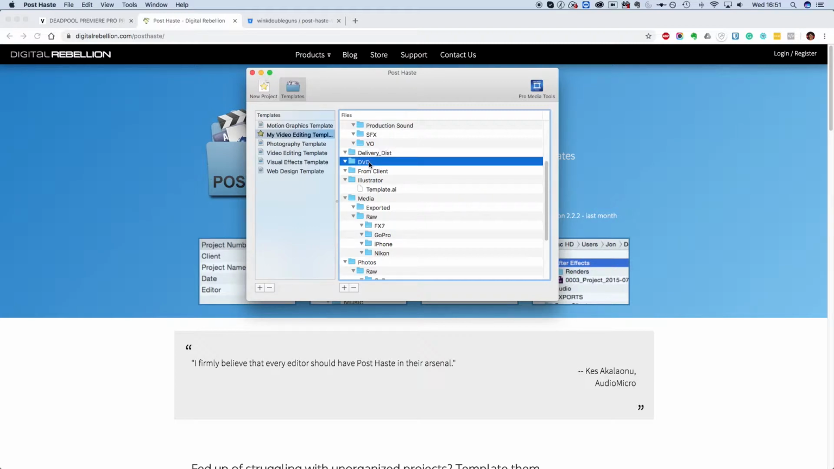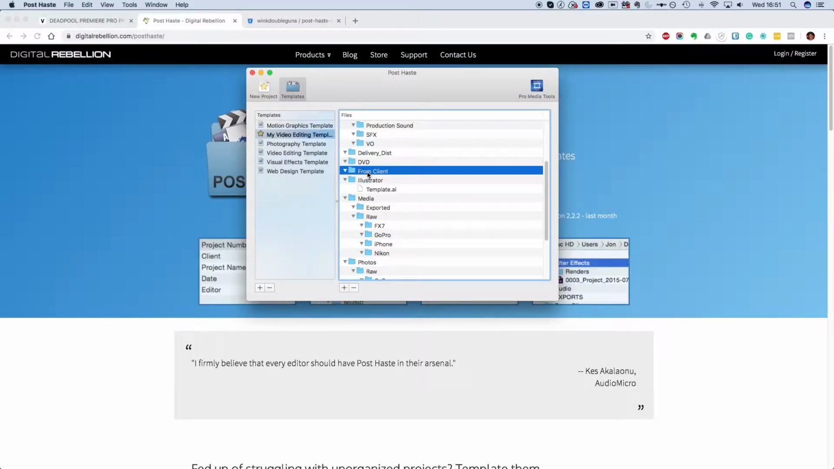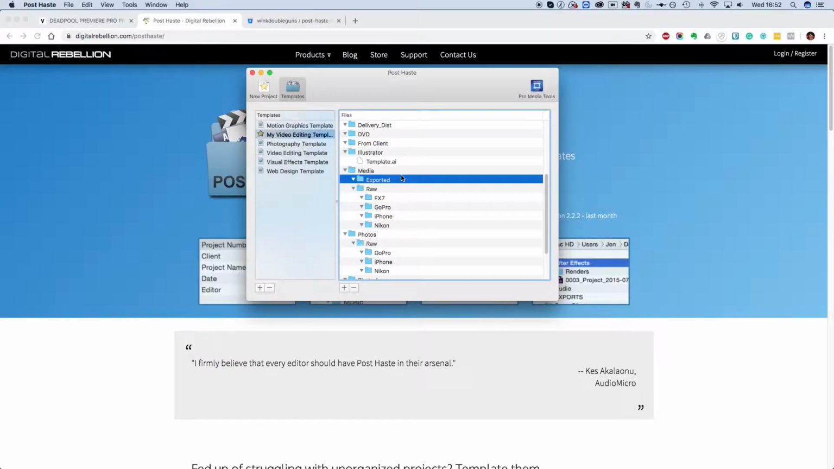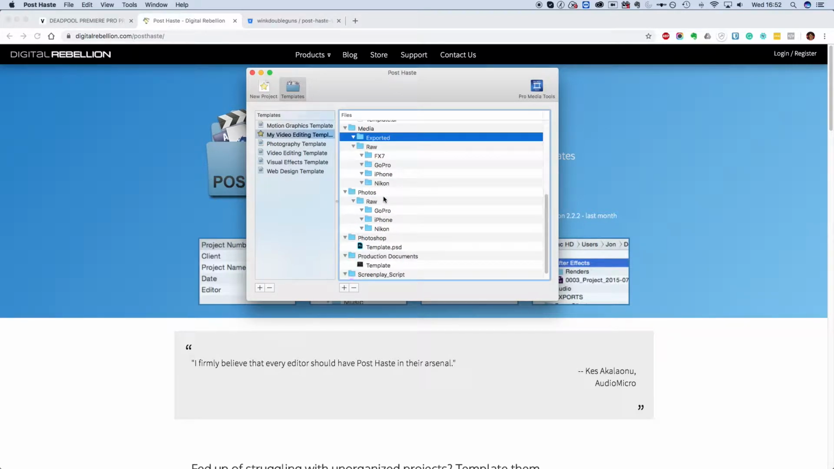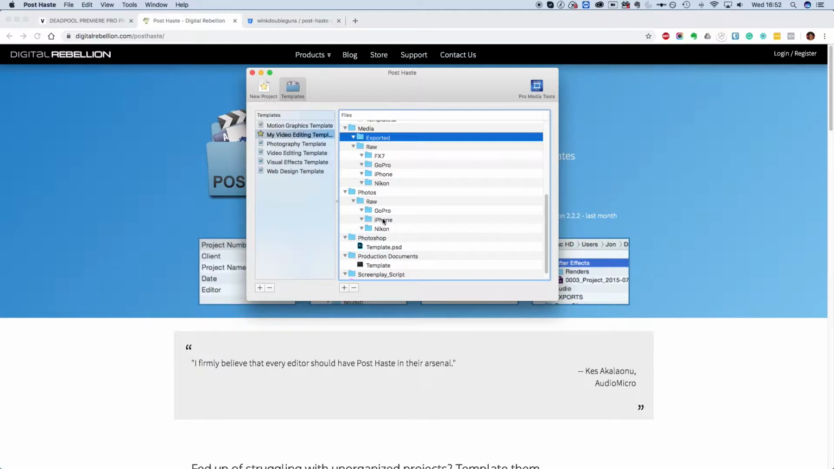Anything from the client. So if the client sends you anything, then it would go in this folder. Obviously any Illustrator, and then media, there's exported here. Sometimes I pre-render or I export portions. So if a clip is done, I'll export a whole portion of it and then I'll lay that in my timeline over the top, and then when I'm exporting it won't re-render all of that because it's already done. Obviously my raw, any photos that are raw from the GoPro, iPhone, or the Nikon, and to be honest, I don't use any GoPro photos because I have my other two cameras usually running, and then the rest of these are